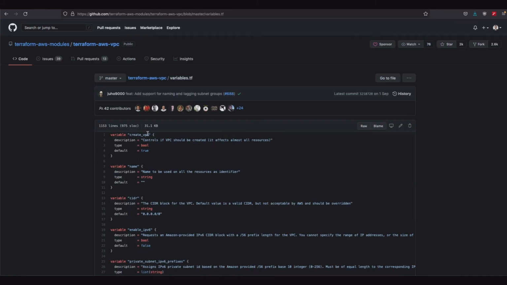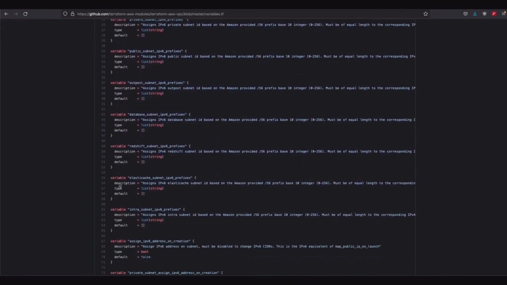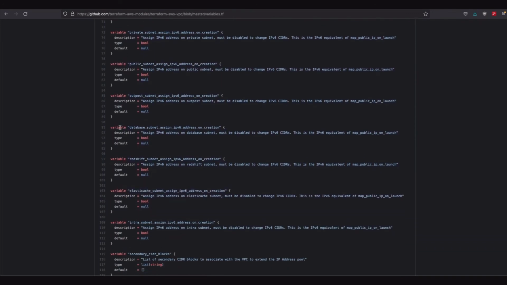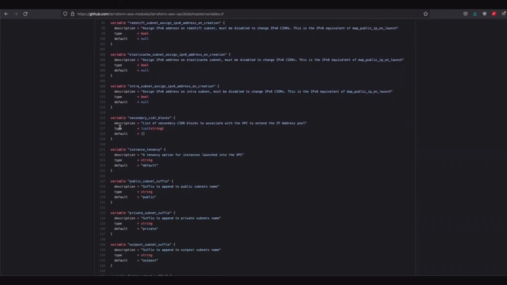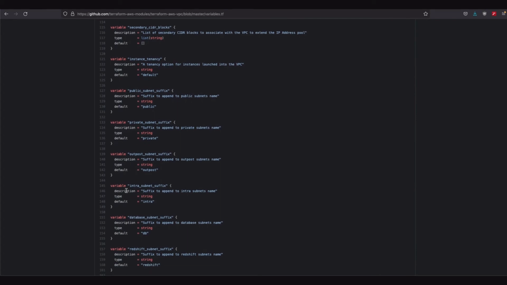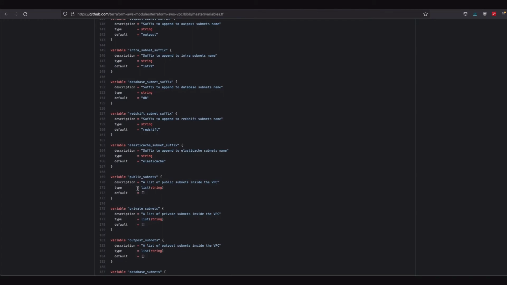Do we want to create the VPC? What's the name of the VPC going to be called? What's the CIDR block? Some of these things have defaults and some of them do not have defaults. The things that don't have defaults, more often than not, it's too difficult to give a default. So we just make it a mandatory thing that you have to stipulate in your variables. If it has a default already here, it will just create with whatever defaults are already in the default